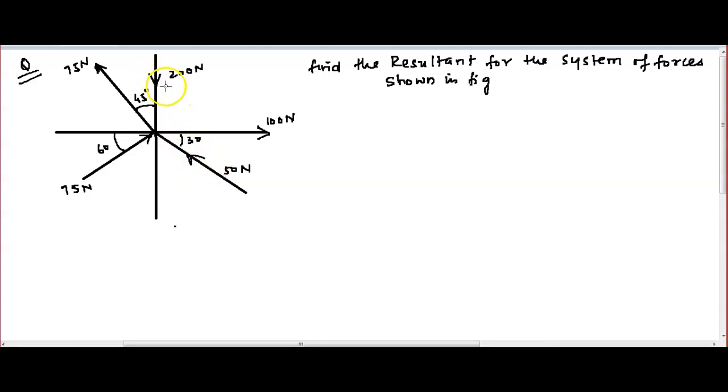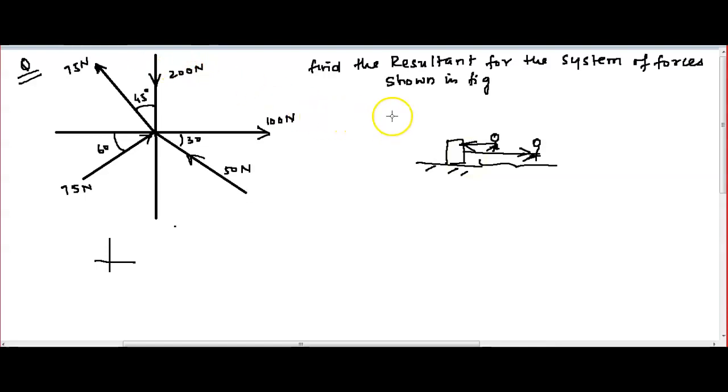See, this is your object. One friend is pulling this way, and in the same line one more friend is pulling in this direction. So these are actually opposite directions only, no? Both are along the x-axis, but the direction is different. So what we will do is decompose these forces like this.